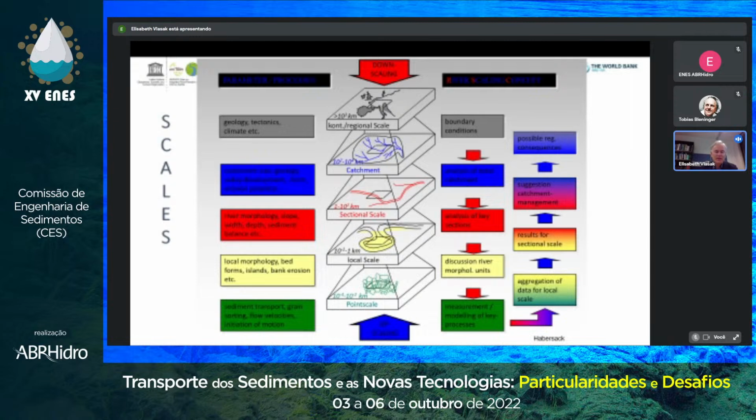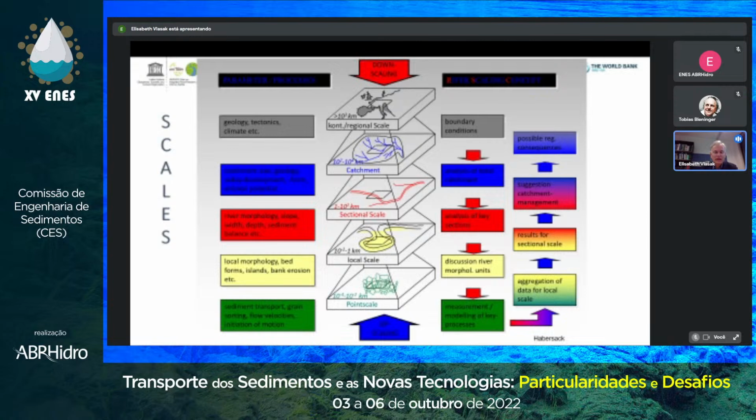How is the sediment transported in dunes or anti-dunes? Are there islands and bars? Do we have bank erosion or not? And when it comes to the local scale, of course, we have here the point scale. We have other processes like sediment transport, initiation of motion. When is a particle moving? What about grain sorting? We have hiding effects, exposure effects, different flow velocity, turbulence, and all these influence